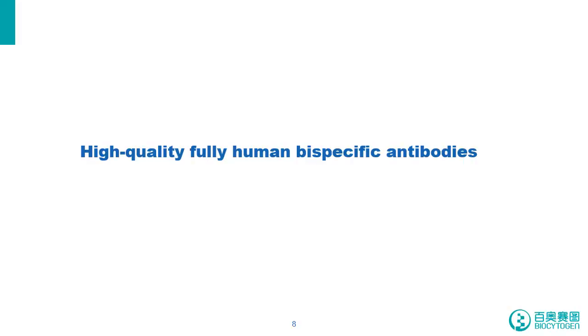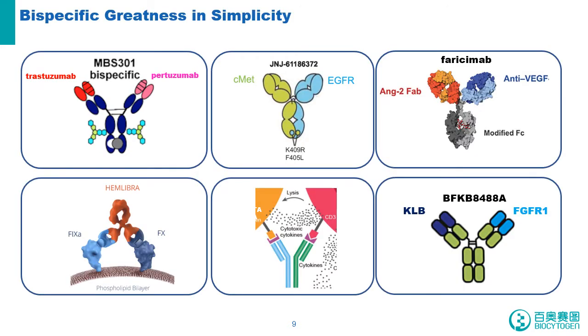So besides fully human antibodies, we can also generate bispecific fully human antibodies. Here I just show some examples of typical bispecific antibodies, 1+1 format bispecific antibodies in clinical study. These bispecific antibodies can bind to two different epitopes on the same target, like on the top left,